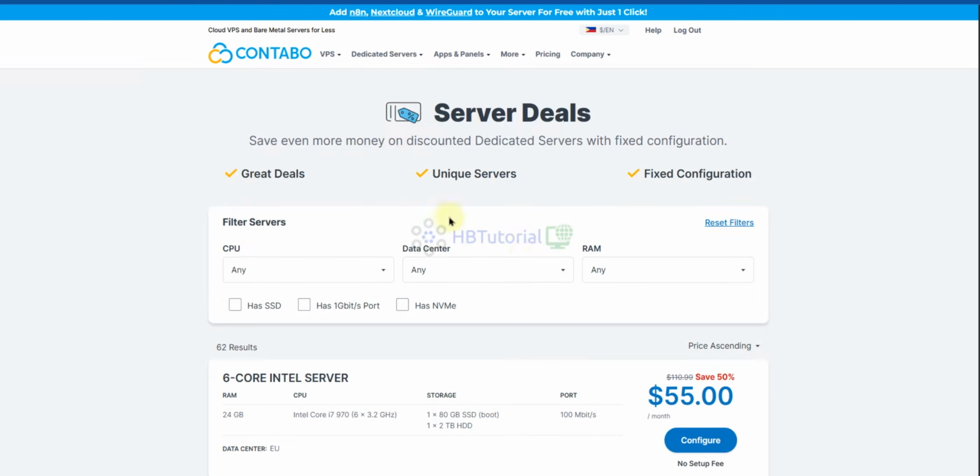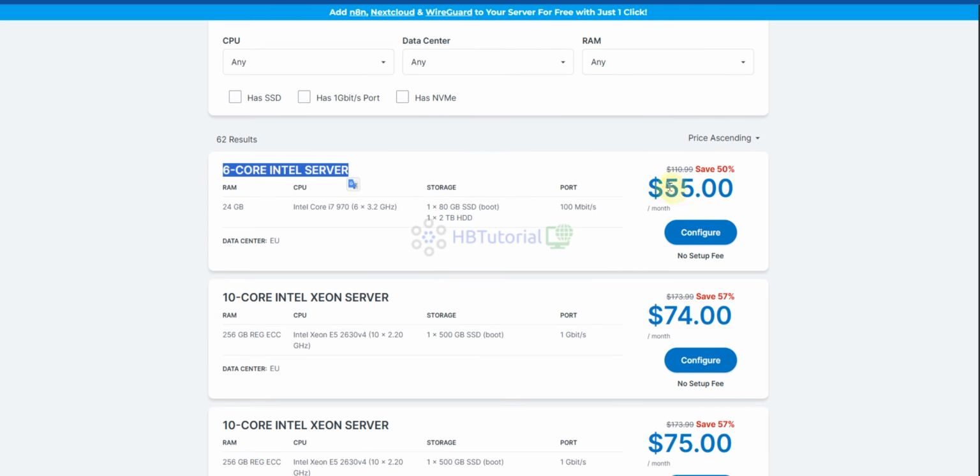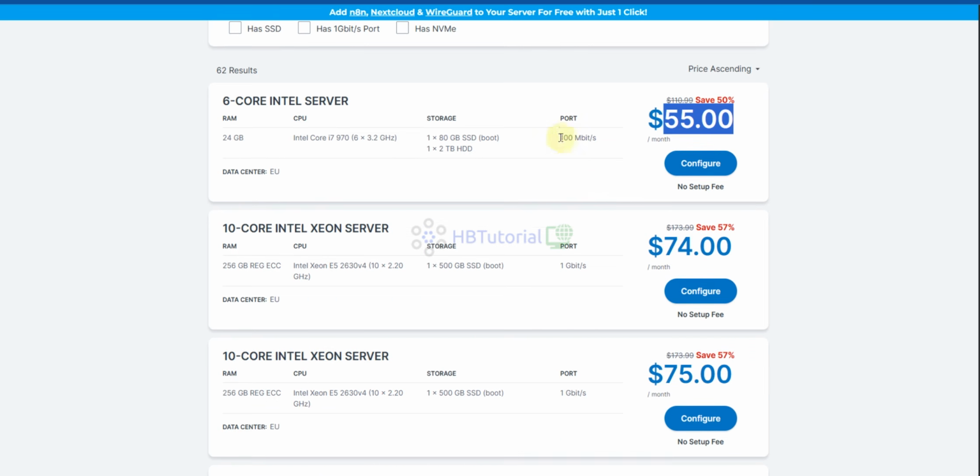You can also find a lot of server deals here, like the 6 core Intel server. It's only $55 per month. You already have one megabit per second of bandwidth, and 180 gig for the OS, and you can use 2 terabytes of storage.